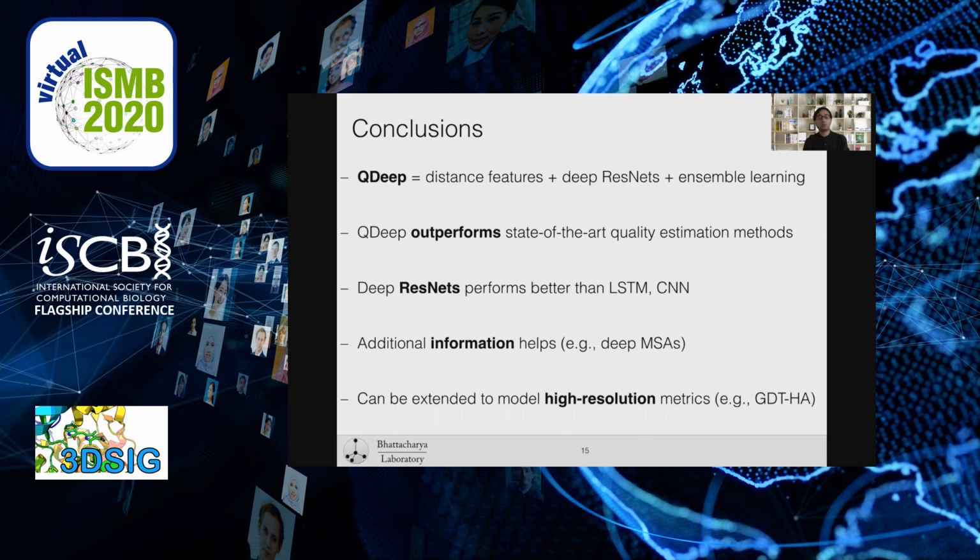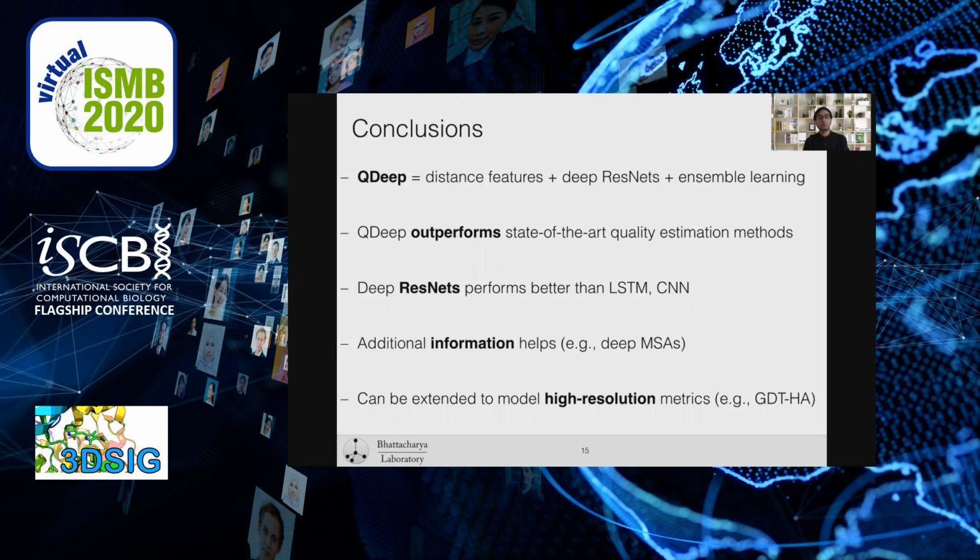With this, I'd like to conclude the talk with some observations. QDeep is really a combination of distance features, deep ResNet, and ensemble learning, which are all three novel contributions in quality estimation methods.